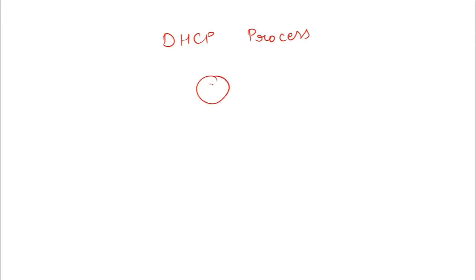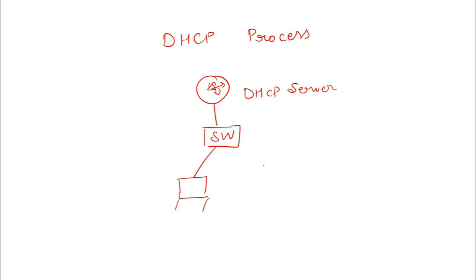So let's suppose we have one DHCP server here in this router. We can assign the IP DHCP server on the router, and then we have one switch here, and let's say just two computers here, and now you want the benefit of our DHCP. You don't want to assign the IP address statically.